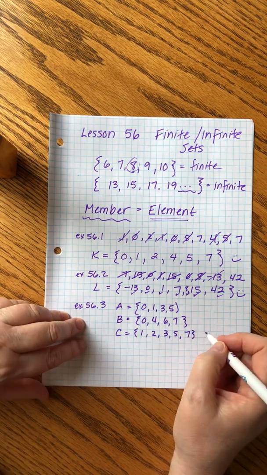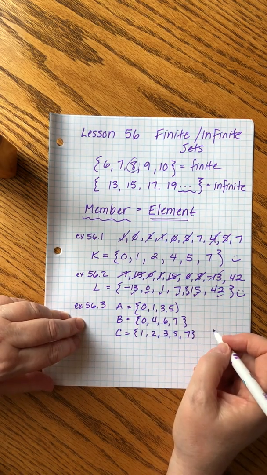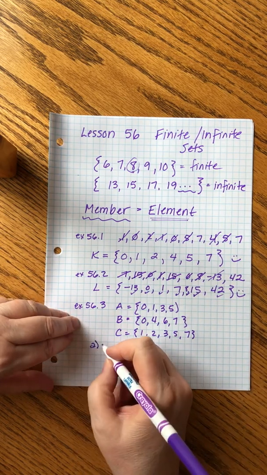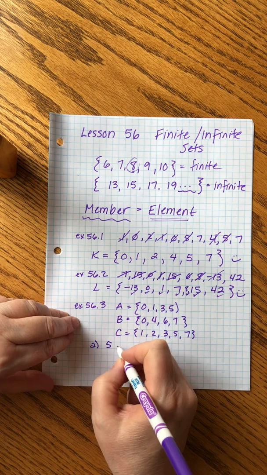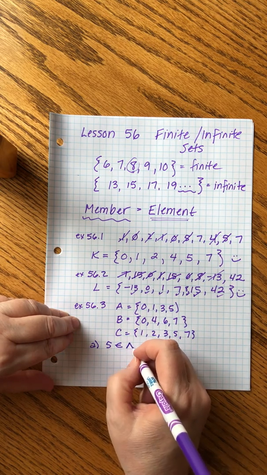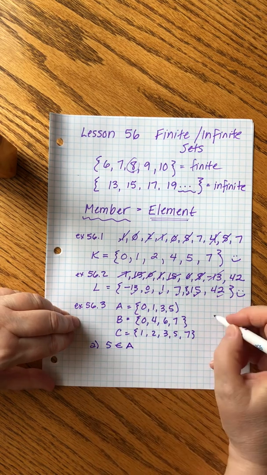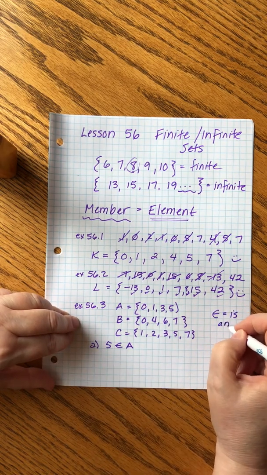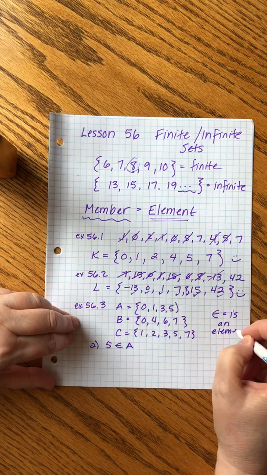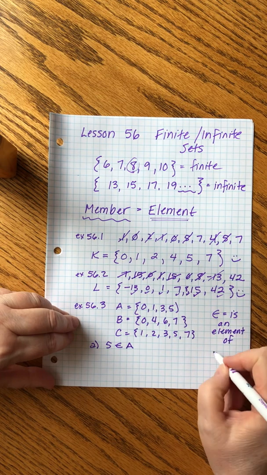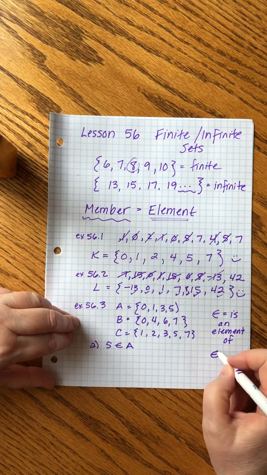Okay, John asks us some questions. He says, tell us if these are true or false. And then he does A, and he says, wait, what is this? Okay, this means is an element or member of, and then if you make the same symbol,